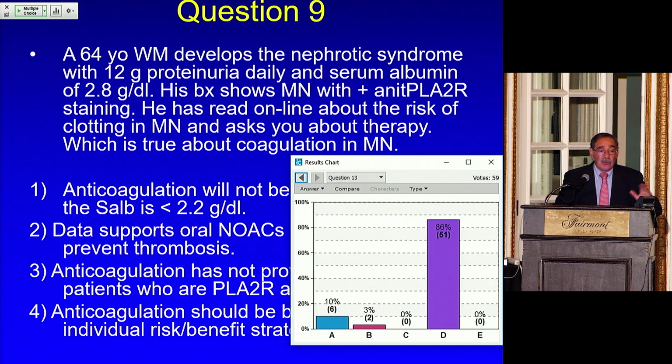The lower the albumin, the worse you do in the 2 range. When you're down in the low 2s for an albumin, you're very high risk in membranous to clot. If you're 2.8, you're really not that high. I'd probably watch out for long trips and things like that. But again, the lower you go, the worse you are. And the therapy should be individualized. There just isn't enough data in terms of this. You can use that little diagram that Dan Catran and Ron Falk put together, trying to figure out who benefits and who doesn't. But usually you can recognize the fact if somebody comes in with his motorcycle helmet under his arm here, he's a bad risk for anticoagulation.